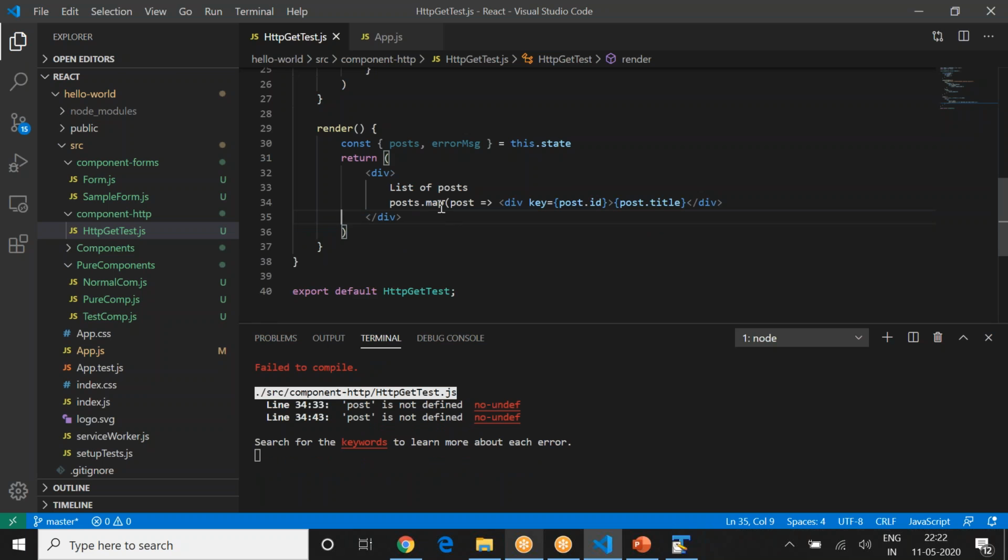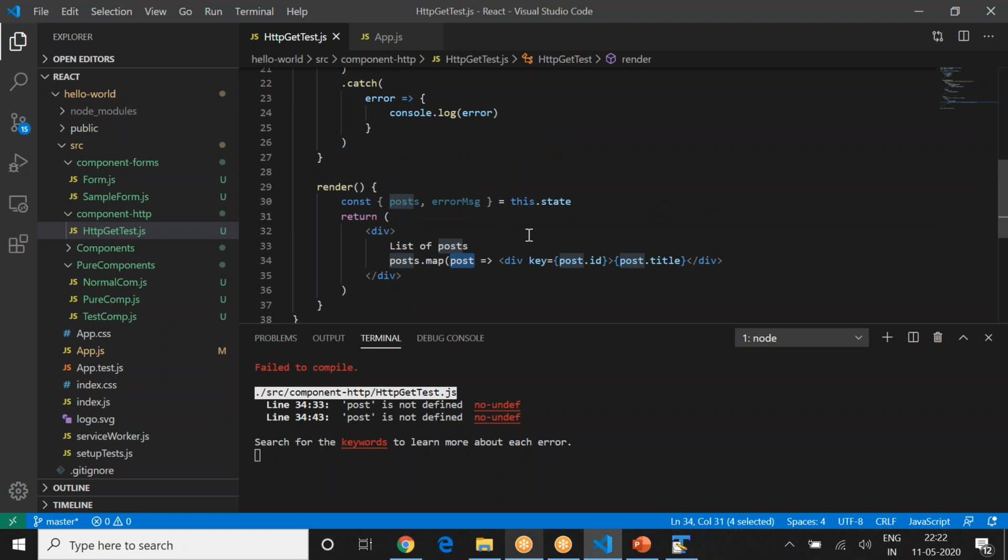I say posts.map, and you are getting it from posts. Then use post.id and post.title. Now one thing is you are not actually iterating over it, so let me iterate that and use that here.